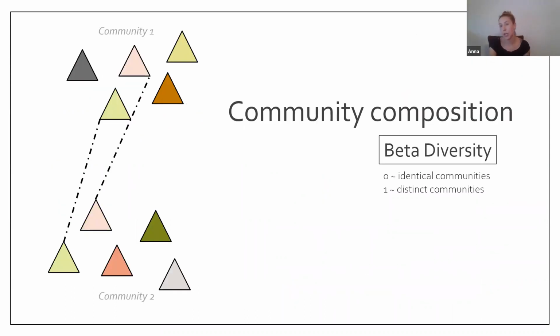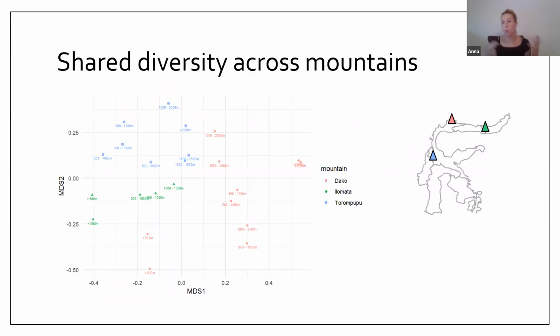Additionally, with these OTUs, we can look at compositional differences across mountains using some of these classic diversity metrics. So in this case, we can use beta diversity, a dissimilarity measurement. If it's closer to 0, the communities are identical, and if it's closer to 1, the communities are distinct. And so this is really using that OTU level diversity as a species and seeing how similar communities are based on those OTUs. So we can perform ordination with these. In this case, this is a plot that's showing if the points are closer together, the communities are more similar to one another, and the farther away they are, the more dissimilar they are.